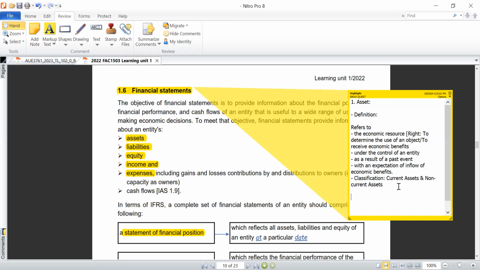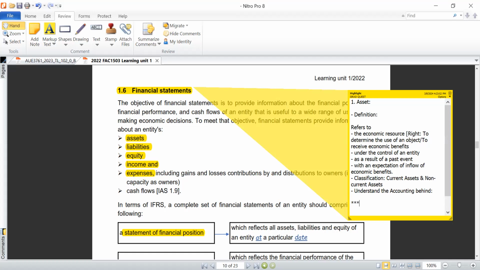And lastly, but not least, you also should be able to understand the accounting behind it. What do I mean when I'm saying understand the accounting behind? So we are saying that since we understand what an asset is, and we understand that it can be grouped into two, which is current assets and non-current assets, which I will explain the distinction between them. When you're saying the accounting behind it, what do we mean? So when I'm saying the accounting behind, we're trying to understand, okay, first of all,